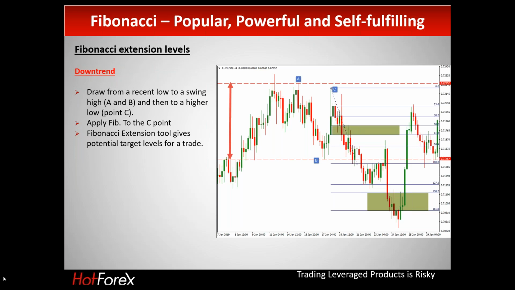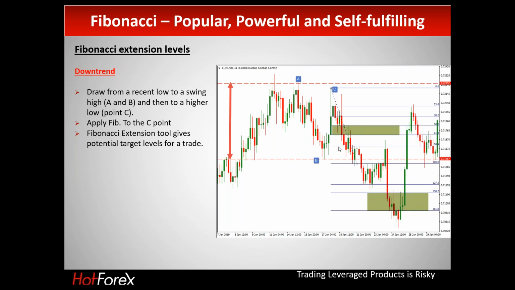So this is a vice versa example in a downtrend. From A it went to B, down to the bottom, so we have a downtrend. Then it recovered to C. So what I have done, I have measured, I have put my Fibonacci over here, but in the opposite way, from bottom to top. As soon as I have C, I shifted it to C. And I was tracking to see whether it will move down or whether it will break my B level, so I could enter